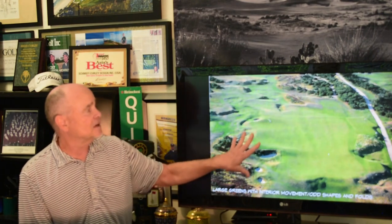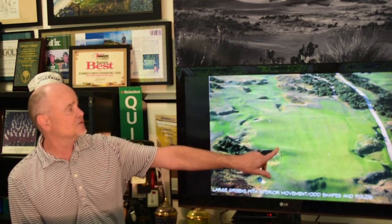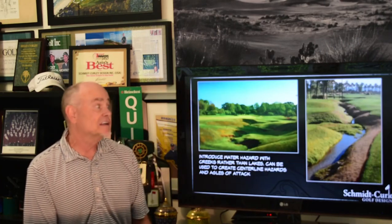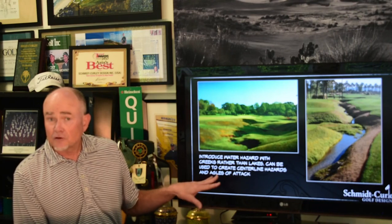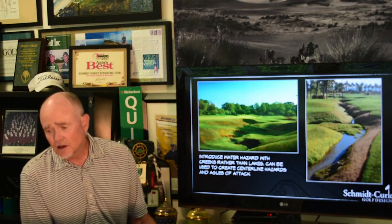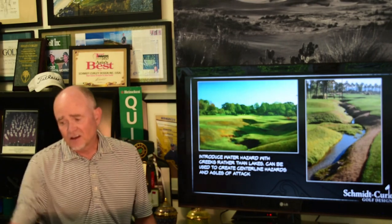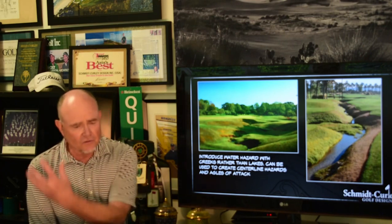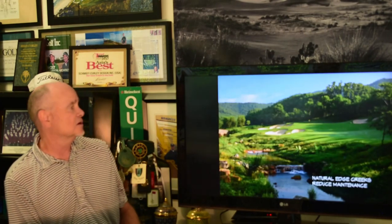The greens themselves, this is very extreme. This is St. Andrews, where they're really big and they have crazy movement, but you do want a good variety of greens. We're going to incorporate creeks at times, and they're shown on a few of the holes here. You can see on the plan, between 3A, 4A, coming down the stretch, 17, there are some opportunities for creeks. And when we do these creeks, you don't want to maintain the banks. You'd like to have them natural as much as you can,